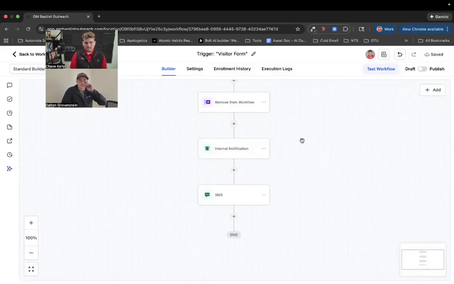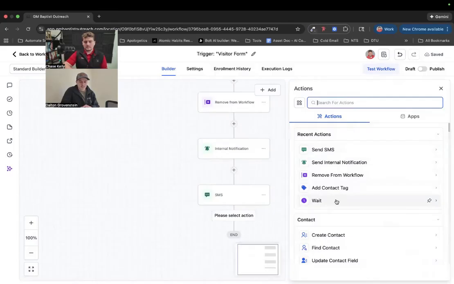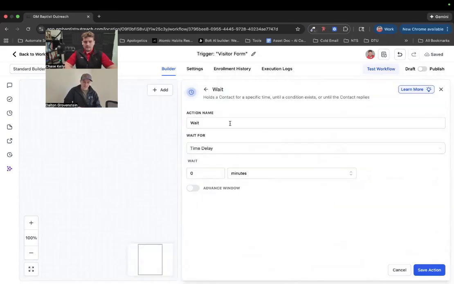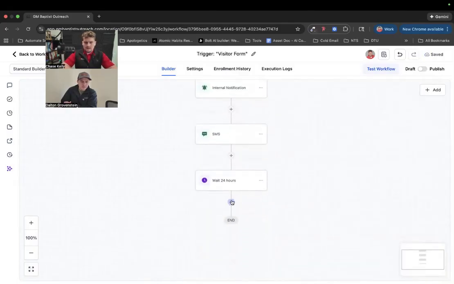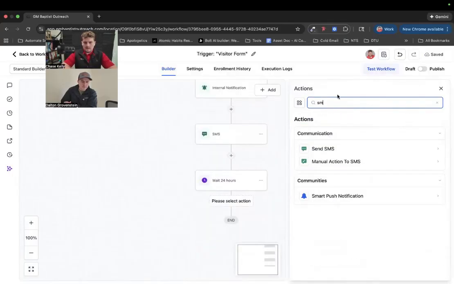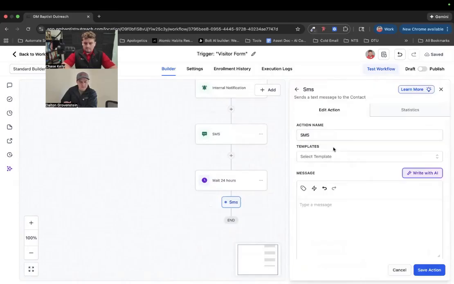And then since it removed them from that other workflow, the one where it would text them Monday, I would do another wait 24 hours and text them on Monday again with this one. And this will just be a wait 24 hours and then text them on Monday, saying, hey John, this is Pastor Dalton. Just wanted to thank you again for being in church yesterday, and I hope you got a blessing from the service. If you ever need anything from me, please let me know. So just to recap,